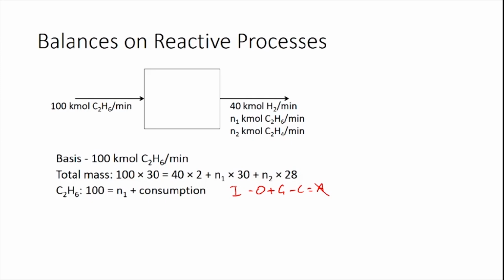Now, we have an input term for ethane because we know 100 kilomoles of ethane is entering. There is also an output term because we know that N1 kilomoles of ethane is leaving the system. Is there a generation term? No, because this is a reactant. So, the generation term goes to 0. However, we still have a consumption term. So, this means the equation comes down to